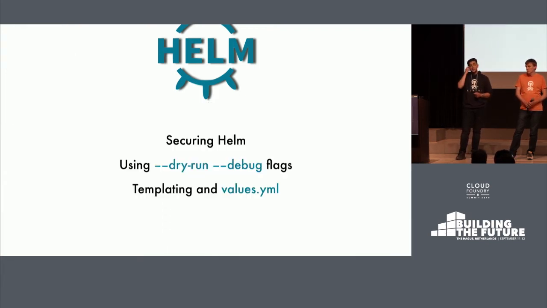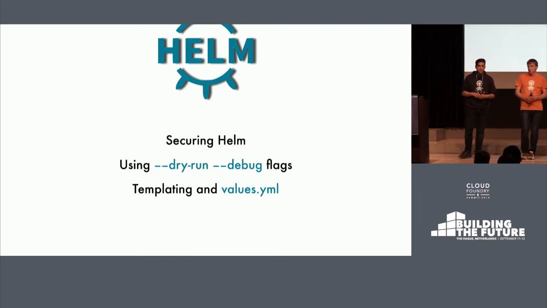Now, there are some things you need to be aware of when working with Helm. The first one is that Helm is not that secure by default, and you have to take care of applying the proper security configurations. The next thing is that Helm CLI provides a lot of useful flags. For example, dry run and debug will allow you to test your deployments without actually deploying anything to the cluster. So Helm will still run all the pre-deployed checks, but it wouldn't actually apply anything, so that way you can